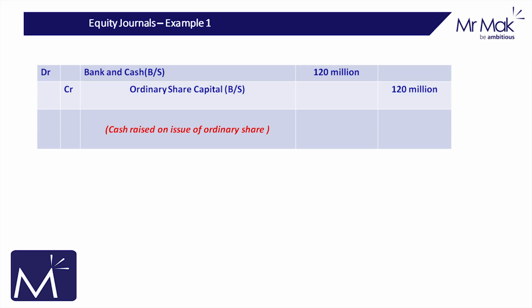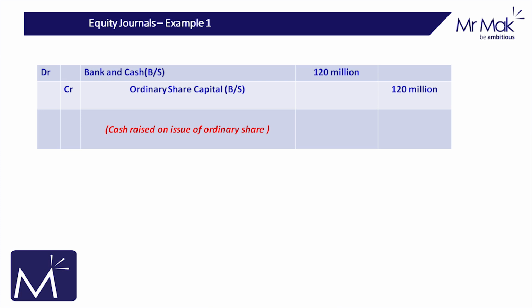Firstly, there would be a debit to the bank and cash account of the company Mr. Mac of $120 million. That would show the cash the company receives from the Vision Fund, which is subscribing to the shares. On the credit side, you would see a credit to the ordinary share capital on the balance sheet of $120 million. And that would reflect the equity portion because new shares have been issued and the ordinary share